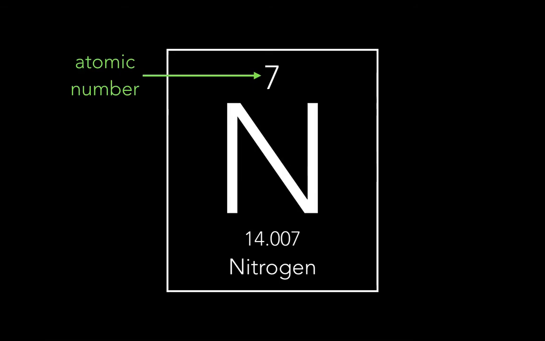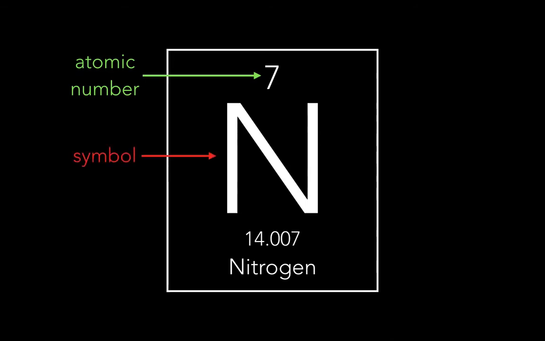So let's take a closer look at each of the elements in the periodic table and how they're structured. Now, depending on the periodic table that you're looking at, you might have some variances, but for the most part, this is a pretty standard model. You'll notice that the atomic number is at the very top. You have your symbol, which is a capital letter.